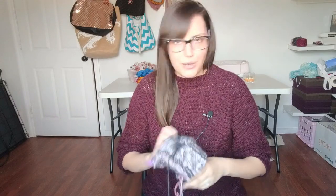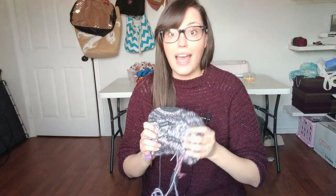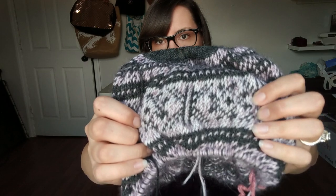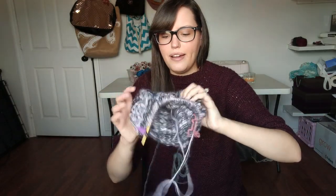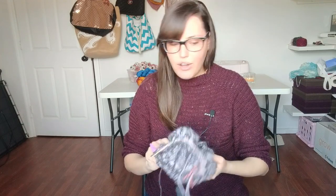So I couldn't make any of the patterns that I had been desperately wanting to make. So I just cast this on right away, and it was free and beautiful, and I don't regret this at all. It's amazing and so soft. I haven't taken it off the needles to try on. I know 100% it's going to fit, because I cast this on